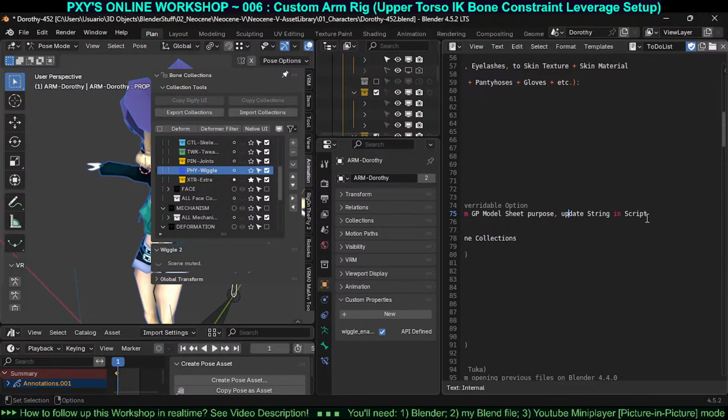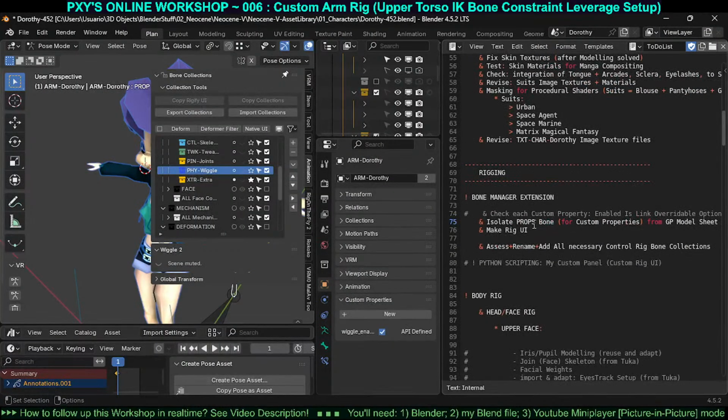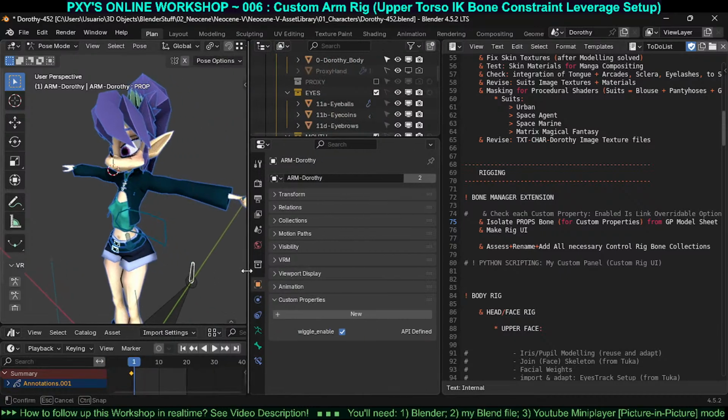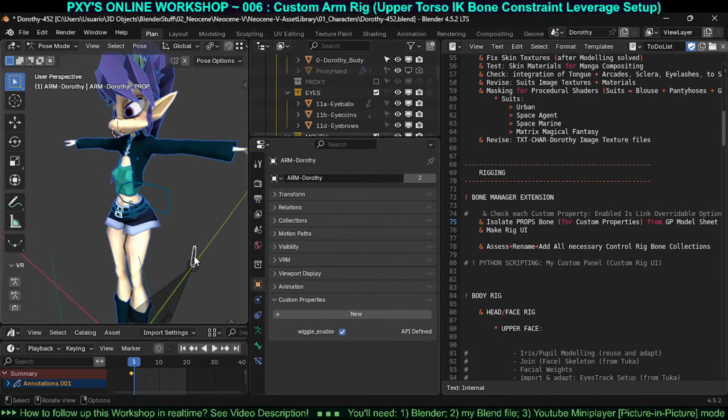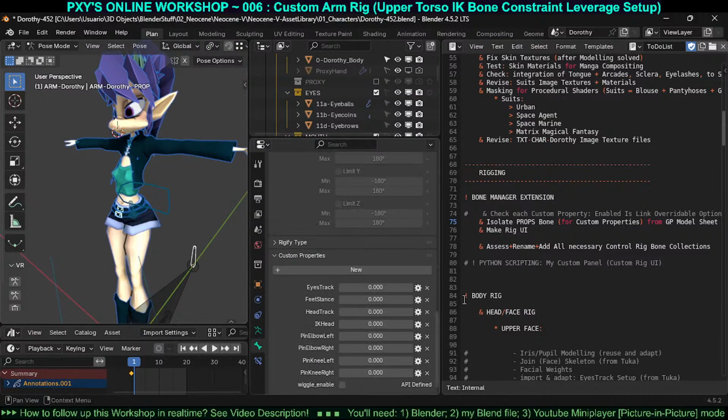Update string in script. String. Oh yeah, those strings are correct. They are not messed up. They don't contain any weird coding, weird characters. No, these strings are all correct. Okay. Make rig UI. Yeah, we sort of did that. So these are multiple tasks to isolate props bone from